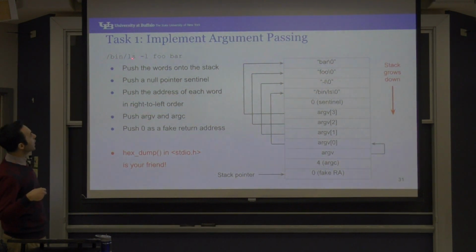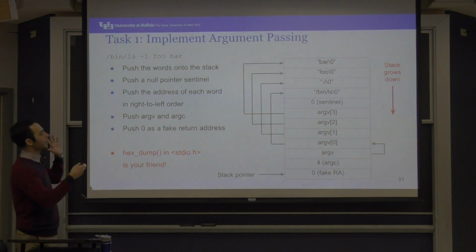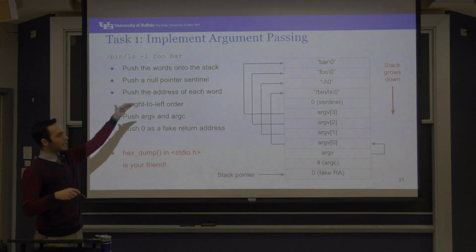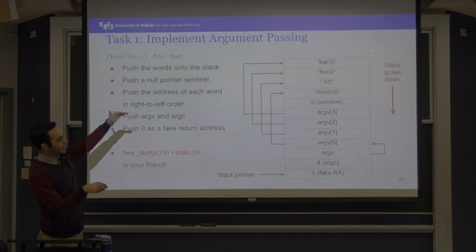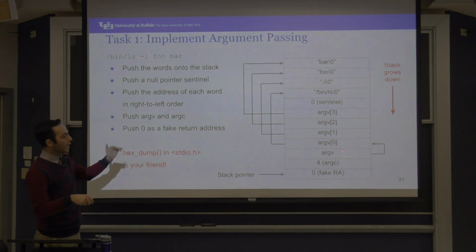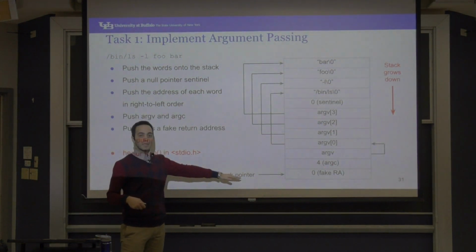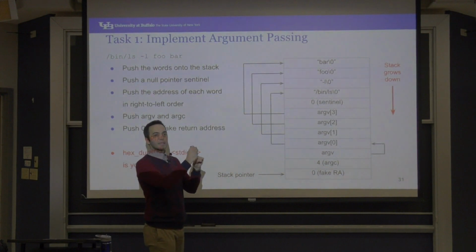So when you have something like /bin/ls -l foobar, let's say this is the command line, what the kernel needs to do is set up the stack. So this is the stack, let's say, and it grows down. From the user perspective, when the stack pointer is here, the first immediate thing in the stack always